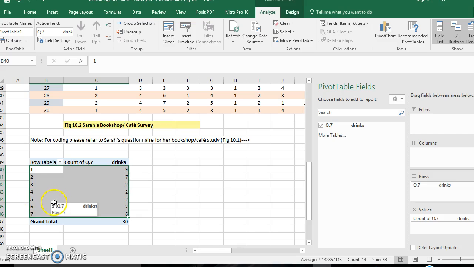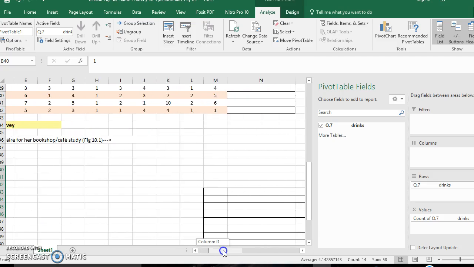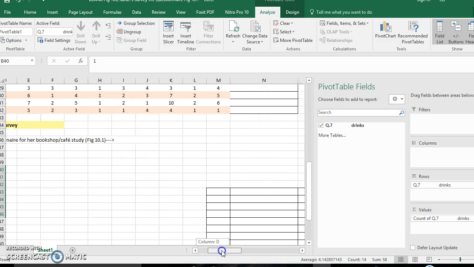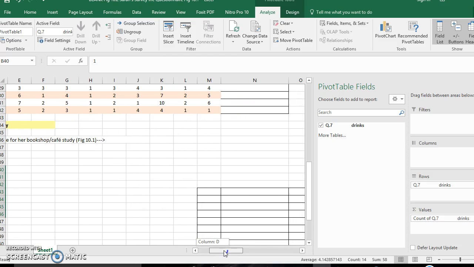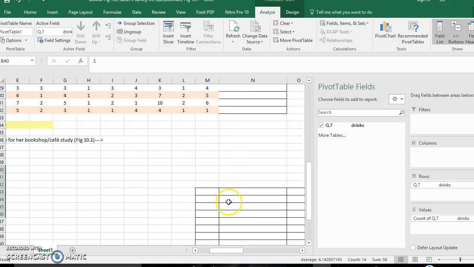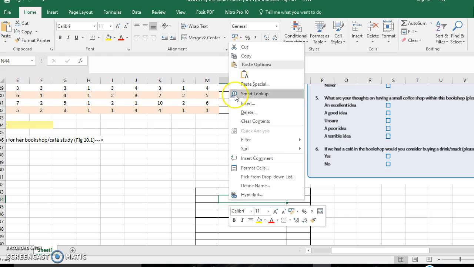Now go across somewhere else, further in the spreadsheet. So let's go across a little bit. You can actually see here I've created a space for it. Alright. And if we go here and right click it and paste,